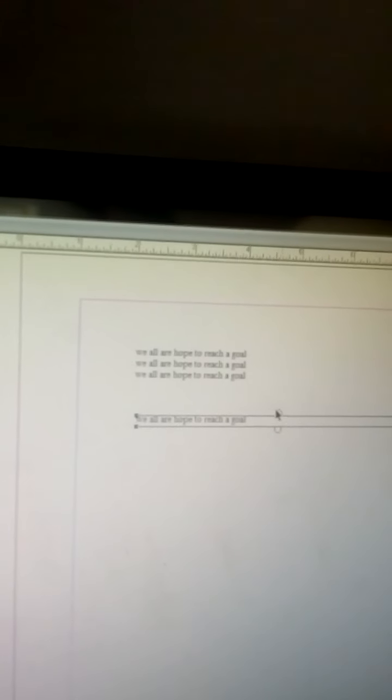So next one, rejoining the block. Now you move the top line to join it.